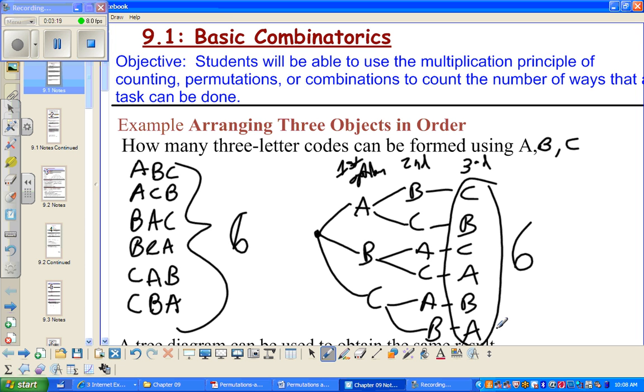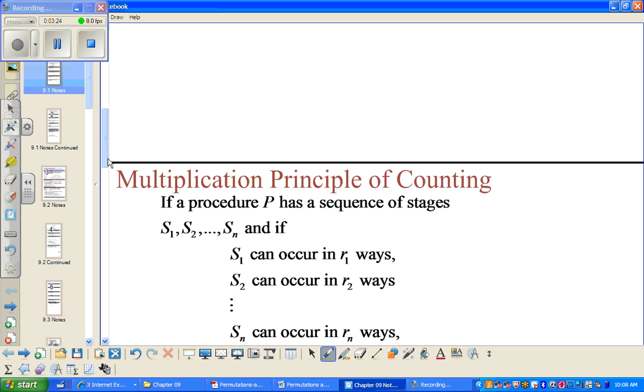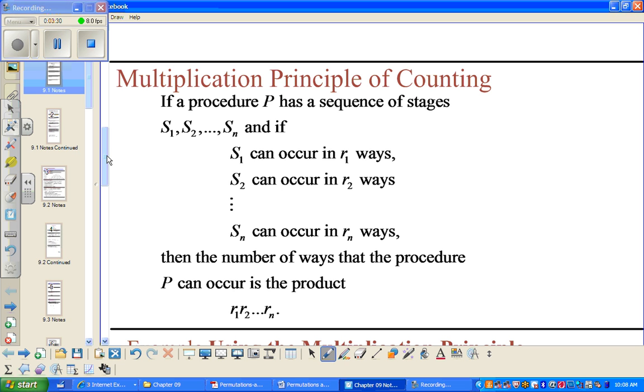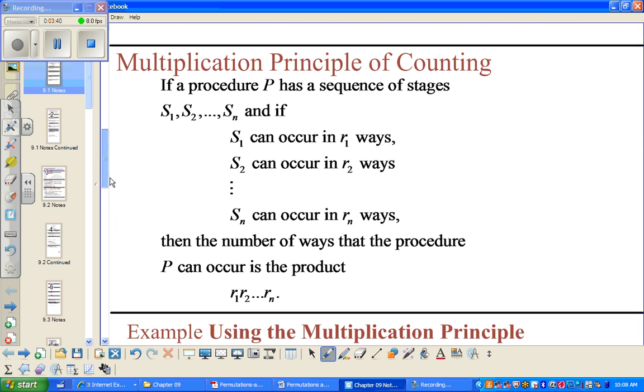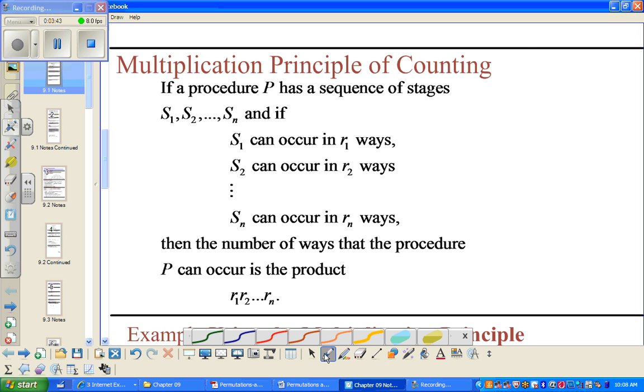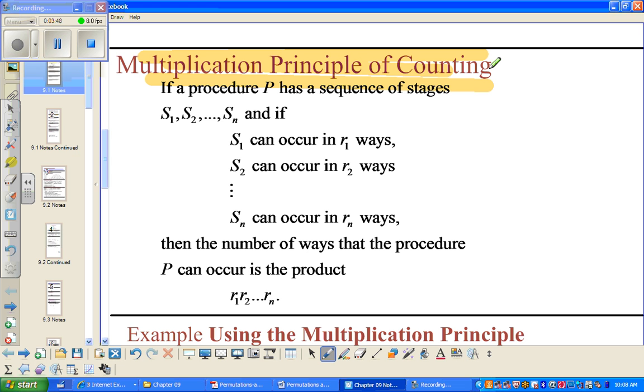So then from there we can get to our multiplication principle of counting. The multiplication principle of counting gives us another way of figuring out how many different combinations we could have, or how many different three-letter codes could be formed. And what the multiplication principle says is basically you take however many options you have at each stage and multiply them together. So for instance, if I want a three-letter option and I have 3 letters to choose from,